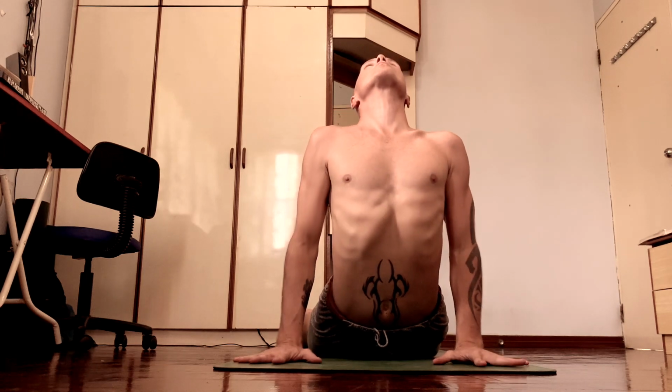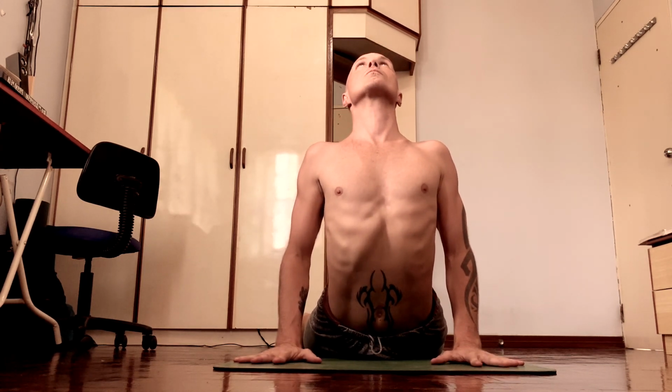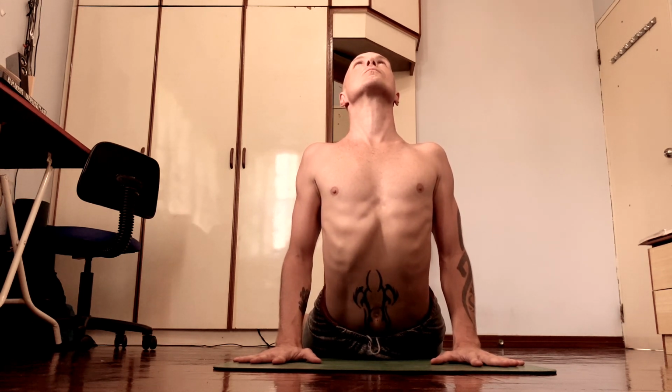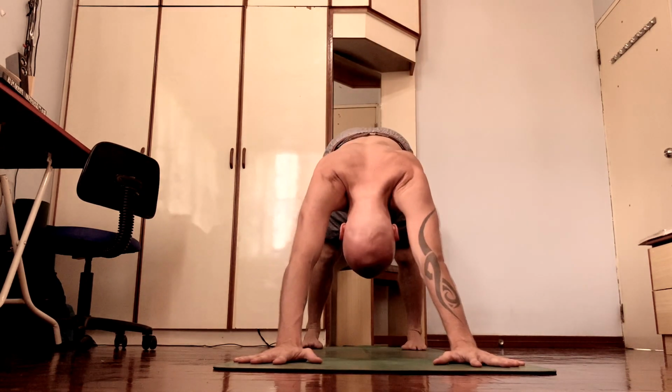open chest, roll shoulders back, keep elbows in, and Bhujangasana, inner corner of the buttock bone towards the outer heel, spine is moving up, floating ribs in towards the spine, inner upper shoulder blade slightly out, exhale, down dog, and